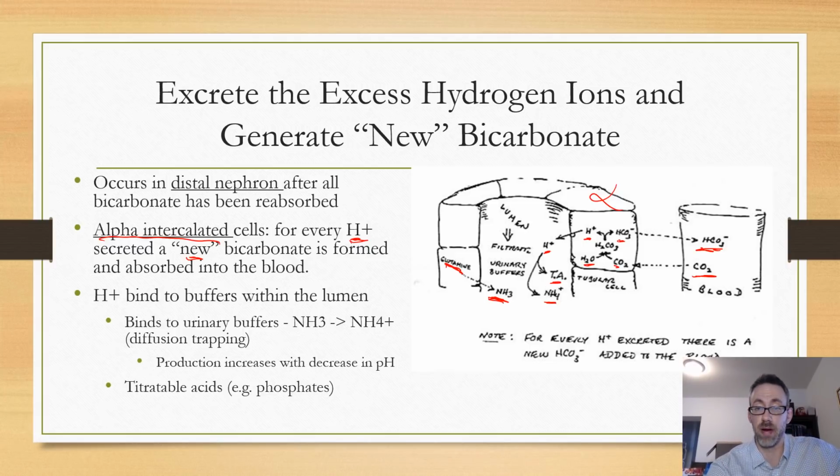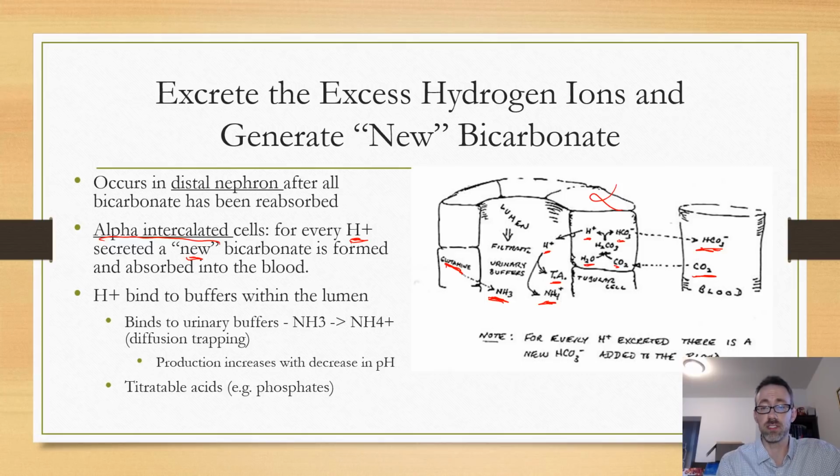NH3 in the lumen can combine with the proton and produce NH4+. NH4+ essentially traps that in the lumen. So basically this secreted proton is going to be excreted at this point. In the proximal convoluted tubule, the secreted proton does not get excreted because it's being used to recycle bicarb. The secreted proton here in the distal convoluted tubule and the collecting duct gets excreted because it's going